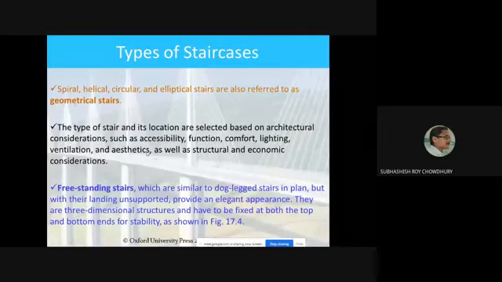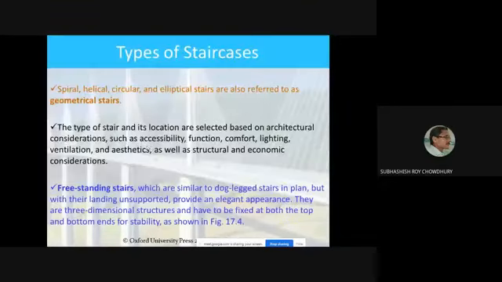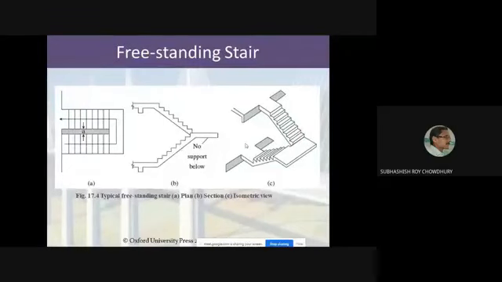Now we are not entering into these different geometrical types of staircases. At this moment, I am giving you the view of just one type of stair, to give the idea that this is a staircase where there is no support for this landing. This is the half landing, you know. This is the full landing, this is the full landing, this is the waist slab, this is the waist slab.